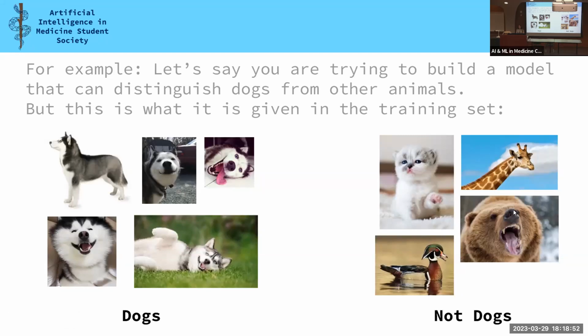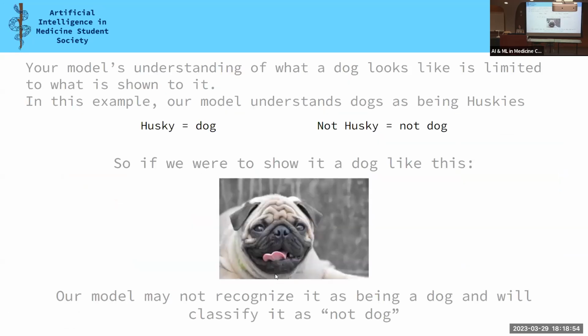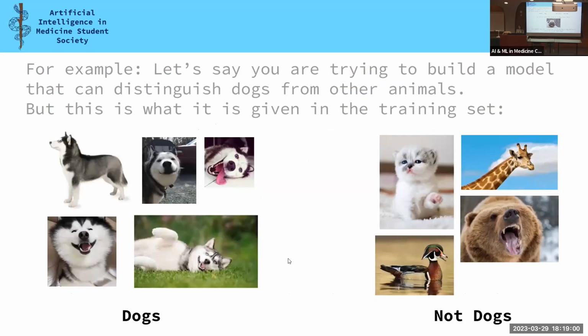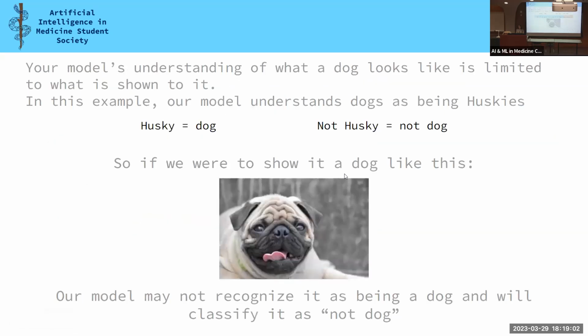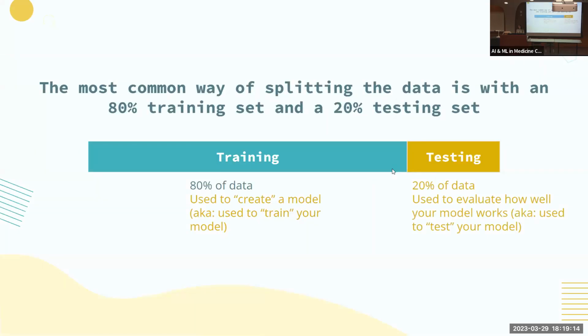What do you think would happen if you gave it a thing that looked like this? Do you think it would recognize it as a dog or a not dog? Exactly, because that looks pretty different than this, right? So if you don't have a good diverse data set of all of the dog species that exist, your model's not going to perform well. It's not going to recognize the other types of dogs. It's going to recognize this as a not dog. So just keep that in mind.